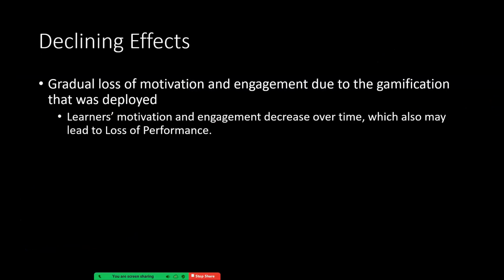Now, another is declining effects, which basically means that you gradually lose motivation and engagement because of gamification. You might have initially been engaged, but then gamification comes along and you're like, yeah, whatever. I'm not really that excited or interested anymore. The learner's motivation and engagement decrease over time, and that can lead to the loss of performance. Again, there are 4 categories where you could lose interest in gamification, and they're not mutually exclusive. So you could have declining effects, where people are no longer as motivated and that leads to loss of performance. And it could also lead to undesirable effects, like I'm so bored with this gamification,